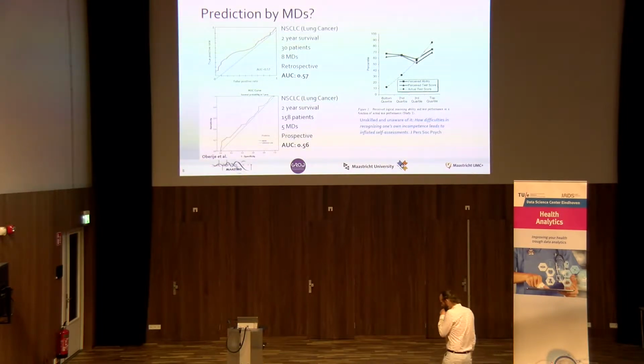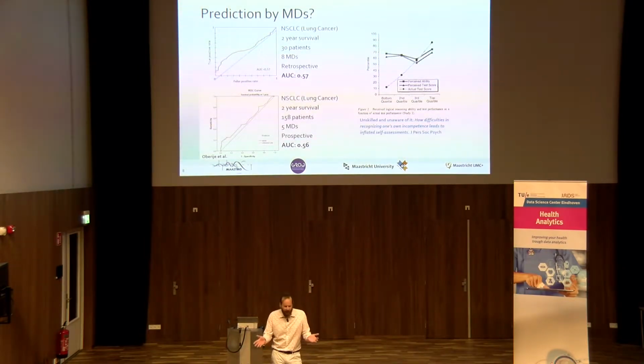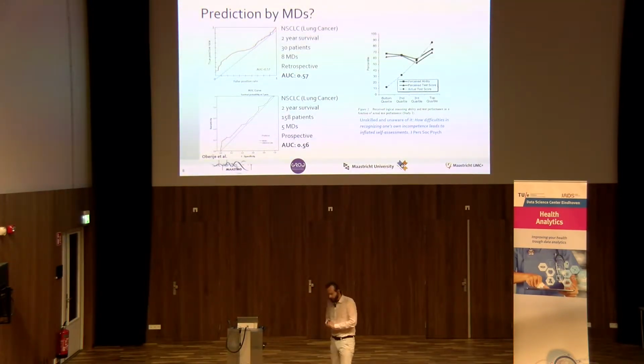Okay. Now, why is that a problem, you might think? Well, there are a few problems with this. The first problem is that when you have lung cancer and you walk into a MAASTRO clinic and you ask, will I be alive at 2 years, the answer you get from a physician is just as good as tossing a coin, which is annoying, because you want to plan your life, right? The other thing that's difficult is if you can't predict the outcome of a treatment A or the outcome of treatment B, how are you going to decide between A and B? How do you know which one's better for me or for you as a patient?